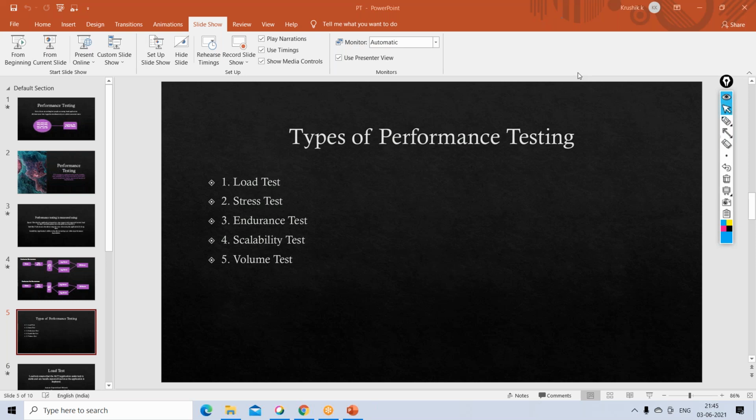Actually, I have one question related to the LG machine, the load generator machine. Why is it not recommended to install LG in our own system? Like when we are in an organization, why is the LG not installed in the same machine in which Vusion is there, or the controller? Good question.